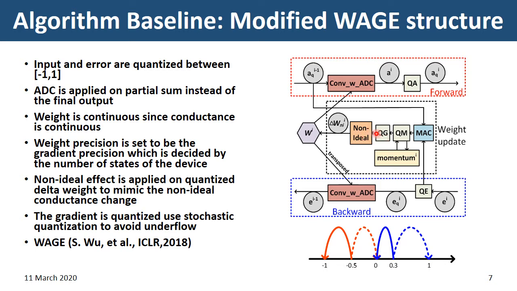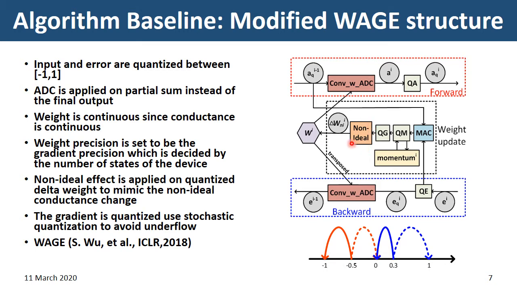And then after a batch, we're going to accumulate the gradients of weights and finally do the weight update, that is, apply the delta W to the weight. So here we are going to consider most of the non-ideal device effects in the gradient calculation and weight update process. For example, non-ideal effects like nonlinearity and asymmetry, device-to-device variation, and cycle-to-cycle variation. So those apply to this